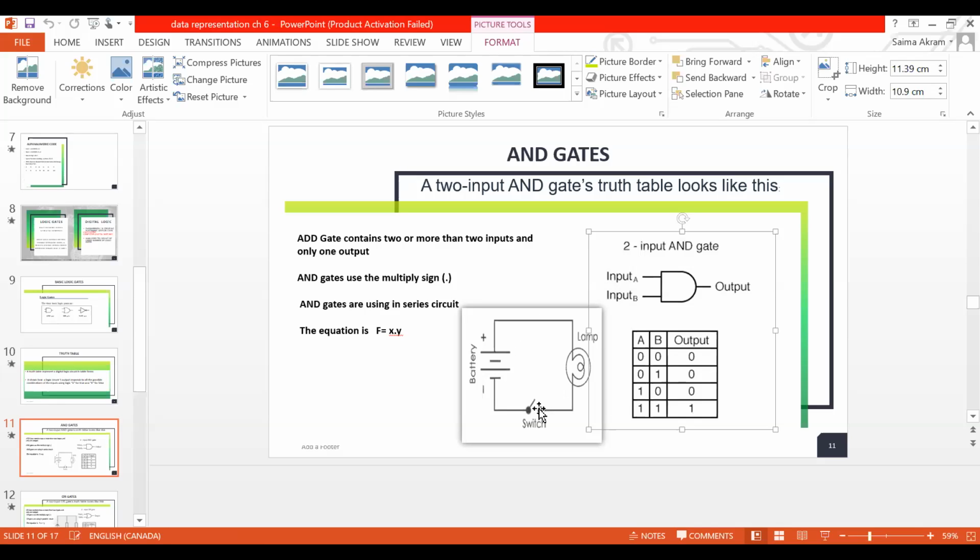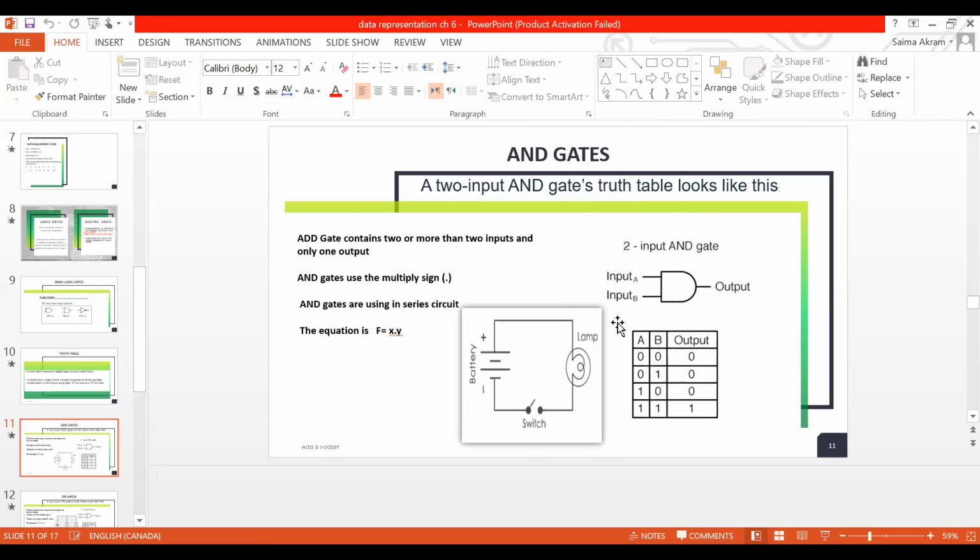The current is not flowing at all, because the current will come from here and stop here because the switch is off. Okay? So the light will not turn on, the value will be 0. Got it? Input A and input B are both switches, in which when a single switch is off, the output will be 0. When both switches are on, then the output will be 1. Okay, so this is what I dry-ran on the whiteboard.